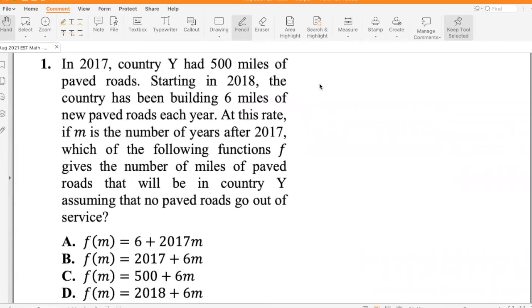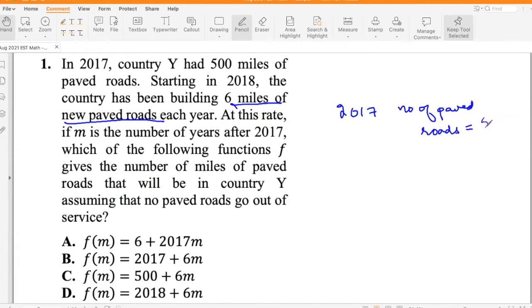In 2017, country Y had 500 miles of paved roads. Starting in 2018, the country has been building 6 miles of new paved roads each year. At this rate, if m is the number of years after 2017, which of the following functions f gives the number of miles of paved roads that will be in country Y, assuming that no paved roads go out of service? So in 2017, the number of paved roads